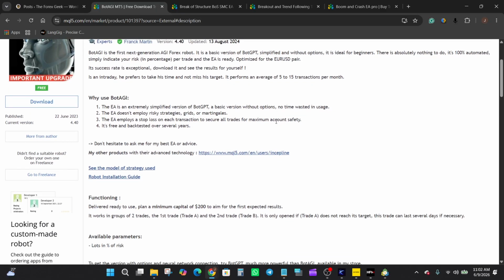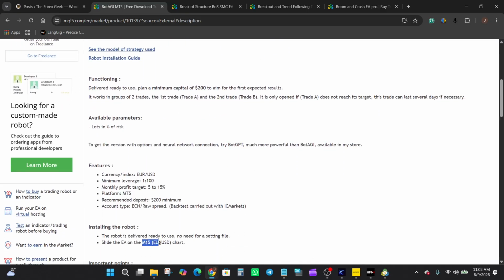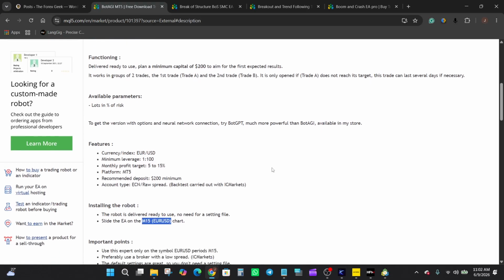As I continue through the page, the developer states that BotAGI is optimized specifically for EURUSD and should be used on the M15 time frame. The recommended minimum deposit is $200 with a minimum leverage of 1:100. The marketplace page also recommends using an ECN or raw spread account and suggests running the EA on a VPS